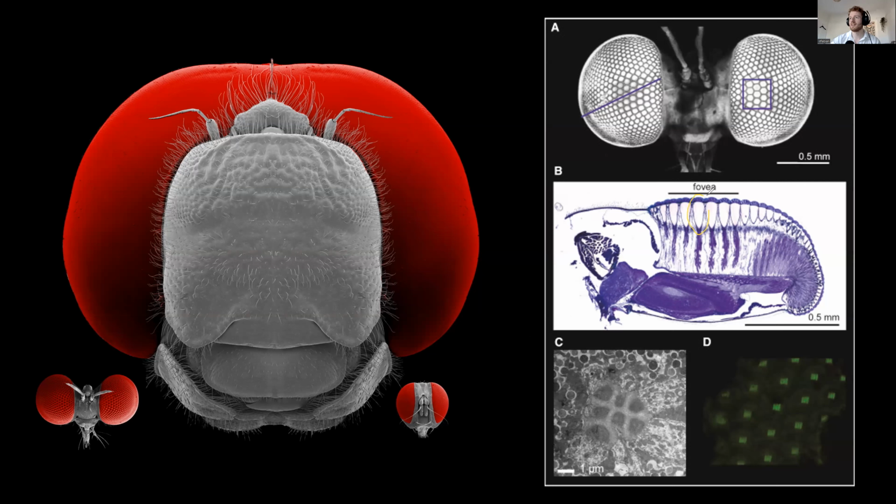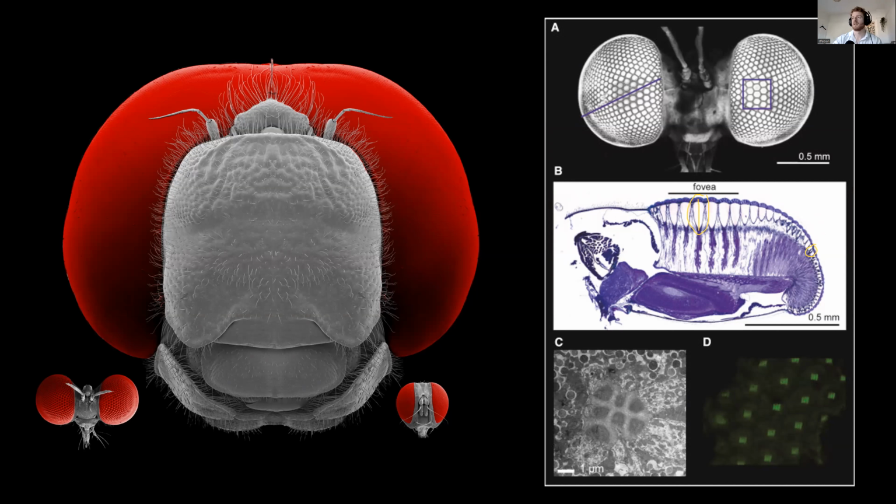Okay, so we've got the size of these lenses and how this distance is really, really long compared to the lenses that are at the side of the eye. And that shows that they've really swapped the front part of their eye for binoculars. And so they're able to see with a resolution that's pretty much the same as a dragonfly, despite the fact that eye is really, really small. And eyes are like many things, the bigger, the better. And it's astonishing that these insects are able to see with this fantastic resolution at great distance. But why do they need this fantastic resolution? What are they going to do with it?